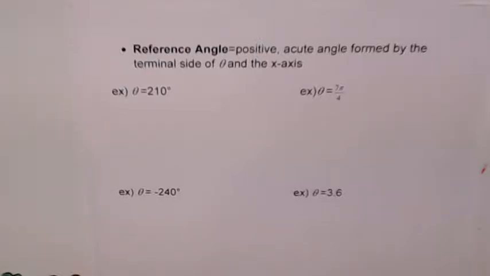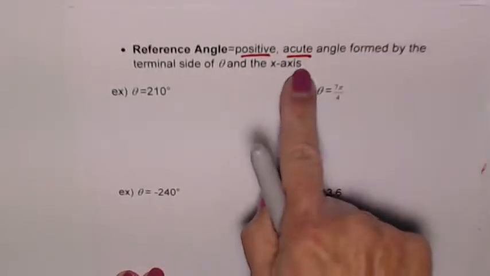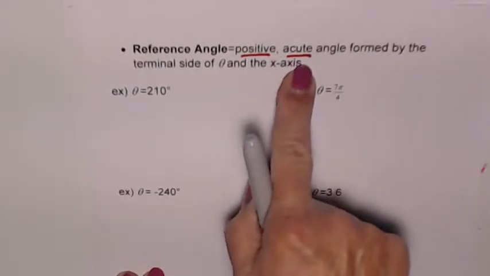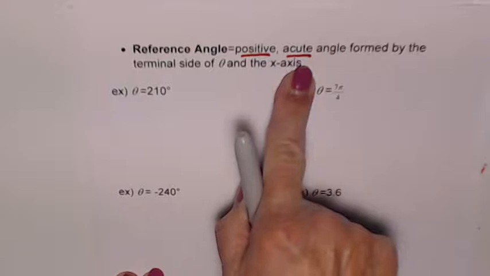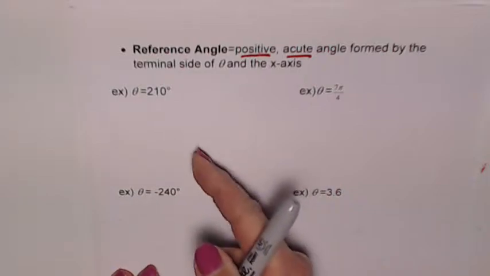Now we're going to take a look at this idea of a reference angle. A reference angle is going to be a positive acute angle. So this means an angle between 0 and 90 degrees formed by the terminal side of some angle theta and the